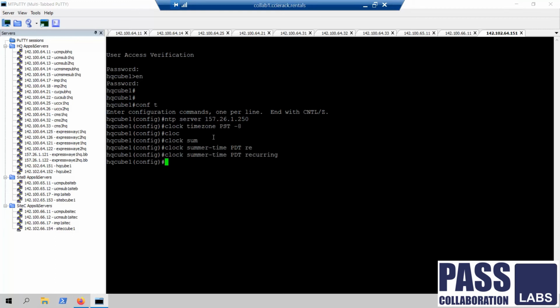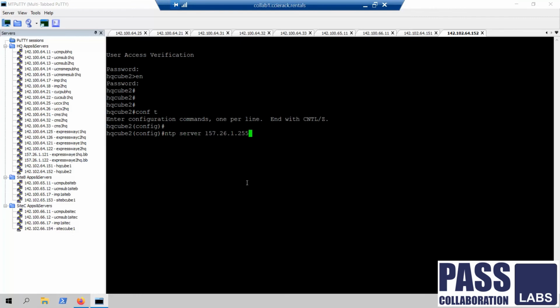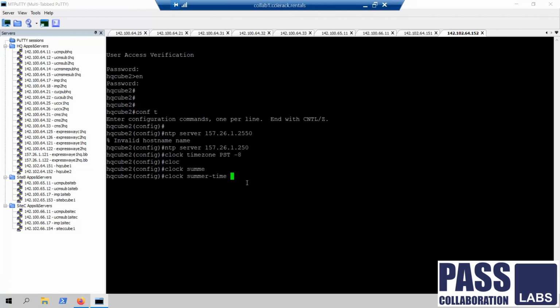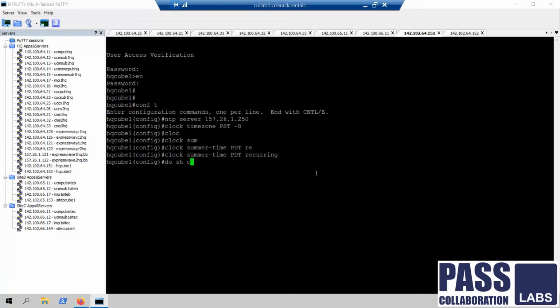Exact same configuration on HQ Cube 2. So this is the verification.